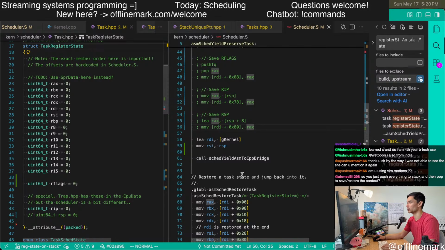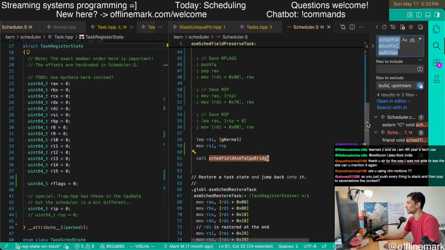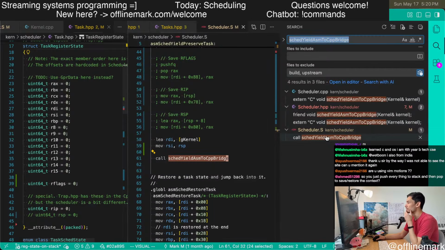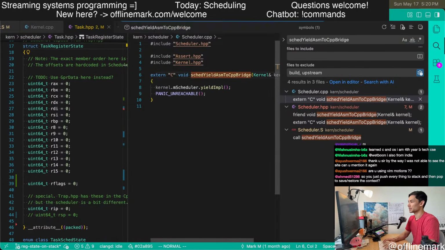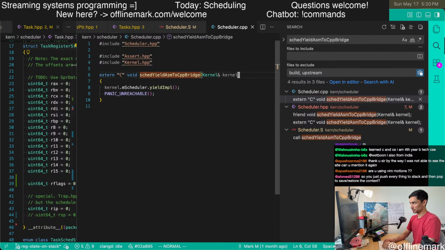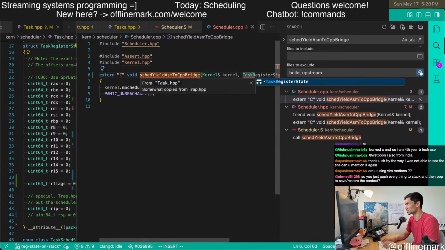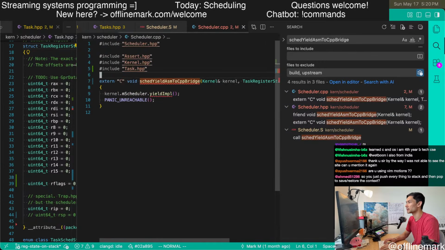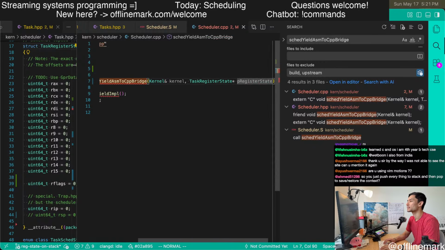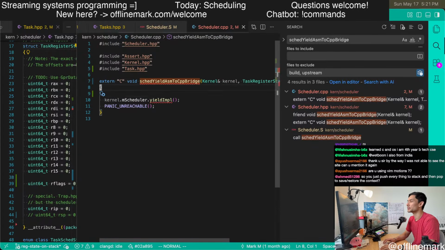And so now we go over here to the bridge, and the bridge is going to take a pointer to a task register state, and it needs to save that into the current task.